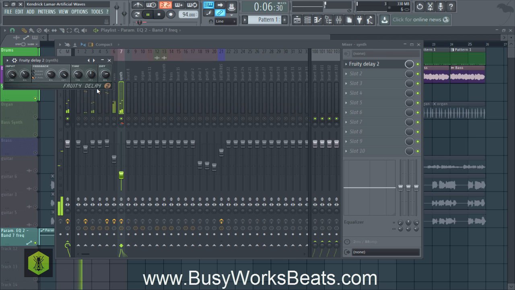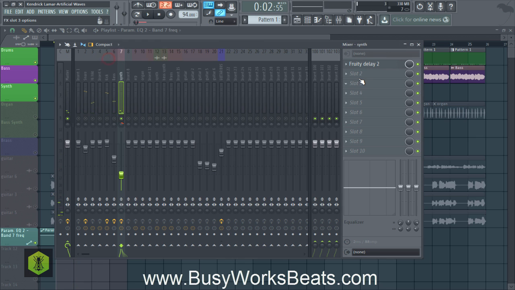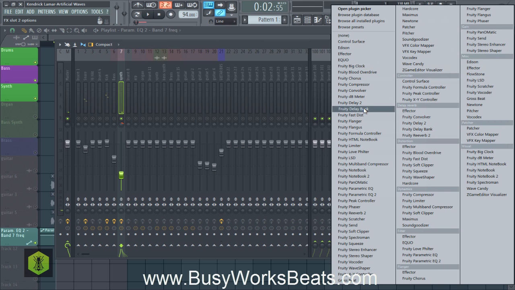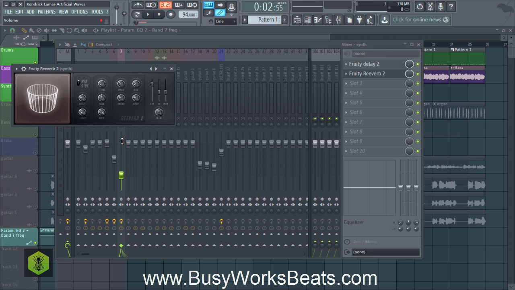So it's very subtle and you can barely hear it. And that's the point. The subtle things add up to the bigger picture. So Fruity Reverb 2, we're going to add that to give it a little more space or depth in the sound. We're going to turn the decay actually lower, but we're going to have the wet level high. It gives us that dance effect. And we have to increase the size a little bit and increase the high cut. You can even add a pre-delay. So it's a little swing to it.